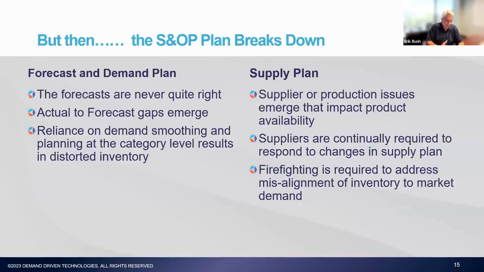But time and again, and I saw this during my IBM career as VP of operations for the consulting business, and we went through a lot of this stuff. We had some heavy duty S&OP process that we did as part of our fall plan for the subsequent business year. But inevitably, our forecasts aren't quite what we thought they would be. Our actual to forecast gaps are fairly substantial in certain areas, and others maybe were pretty good. We might have been doing demand smoothing to try to get to a more manageable demand plan, and maybe there's more variation in the market. The plan starts breaking down.